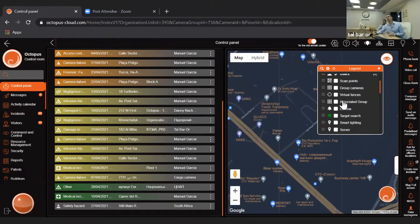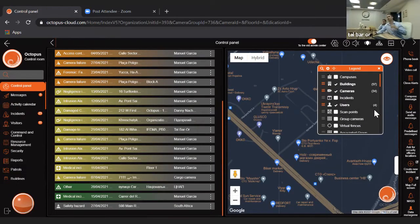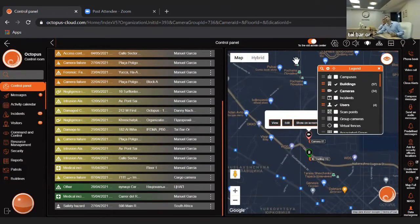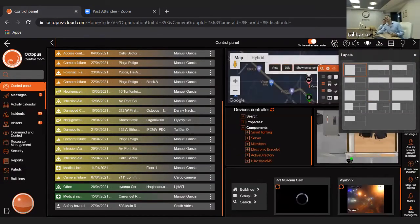This is true for any other elements in any other layer that you want to put on the system, whether it's lights, radars, or any other sensors. When we do smart city projects, there could be a lot of IoT outdoors in the city: garbage, lights, power meters, water meters, and so forth. So this is giving you your GIS view. Going back to the layout that we saw before,